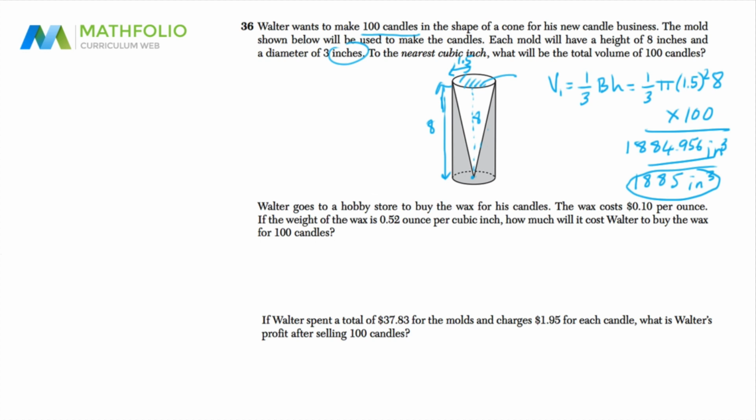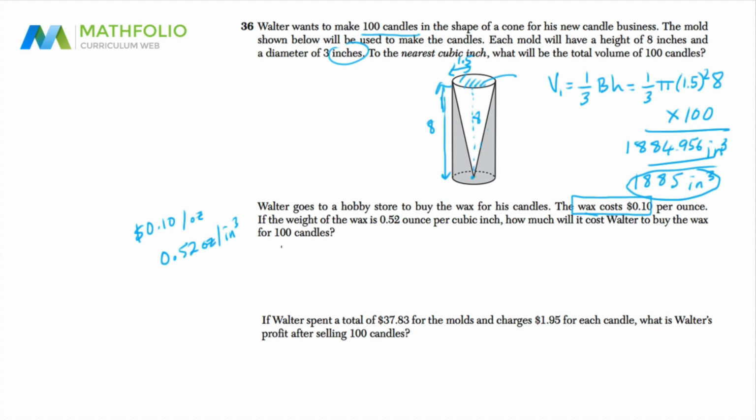Now it says that Walter goes to a hobby store to buy the wax for his candles. The wax costs this much per ounce. And it says, so let me actually bring that out. So this is 0.10, so that's 10 cents per ounce. That's how much it costs for the wax. It says if the weight of the wax is 0.52 ounces per inch cube, how much will it cost him to buy the wax for 100